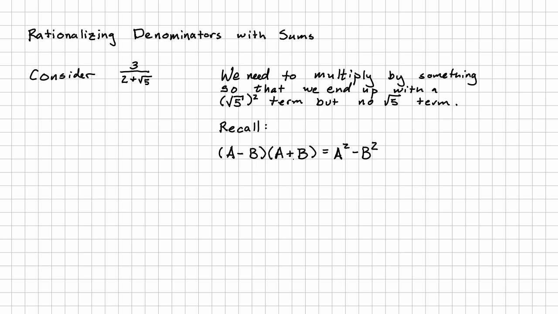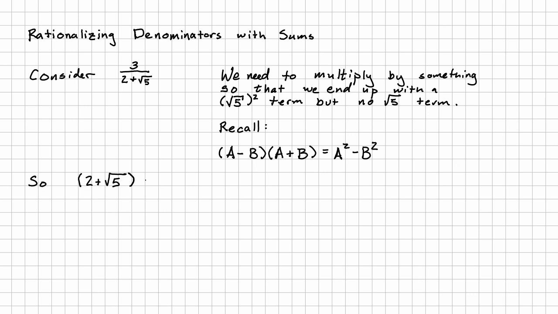If we multiply a sum by the corresponding difference, so change the addition to subtraction, otherwise we have the same thing, when we multiply those, the product is a difference of squares. We initially learned this to help us in factoring, but it's also helpful to us here, because this means